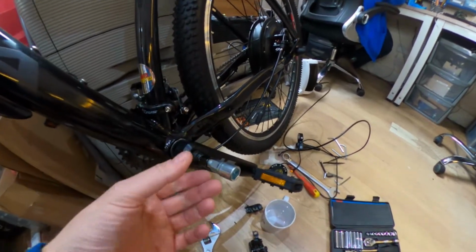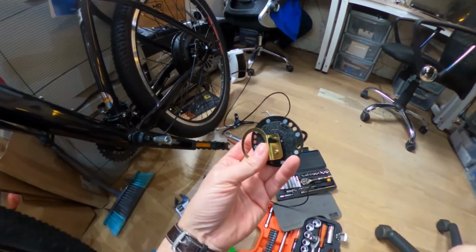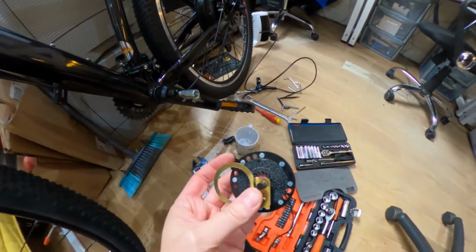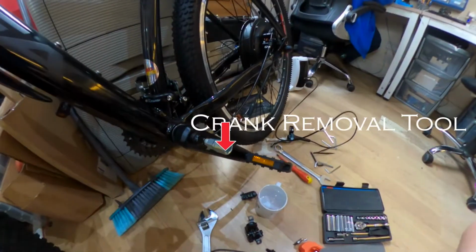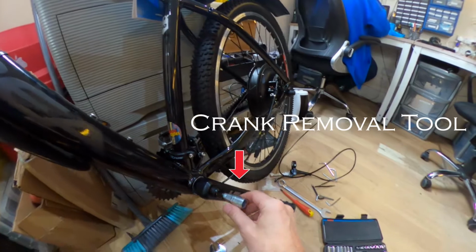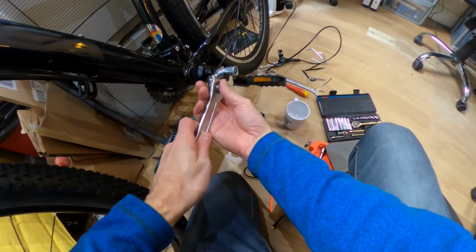The pedal sensor's up next, and this is a mildly tricky one to do. The crank has to come off and then the sensor put on, and it must go the right way around, or you won't get any pedal assist. And you need to use a bit of strength to get this off. So this, we'll just need to twist with a spanner, and then this should come off. And this part, and that should force